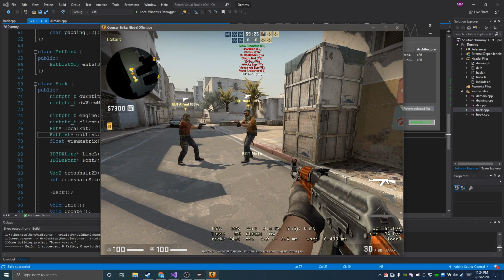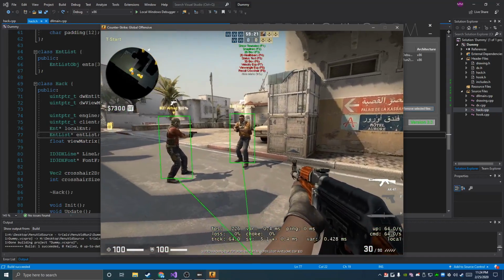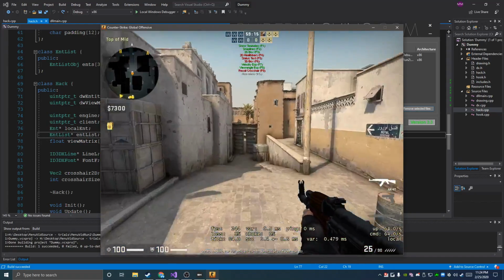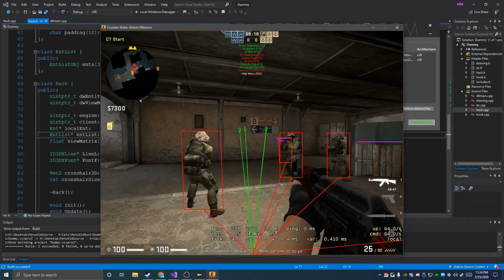menu. Click insert, that'll pop down. Then you can just change settings how you want, show teammates, not show teammates. Just all this kind of different stuff, so you can use all the different hacks that we've created throughout the